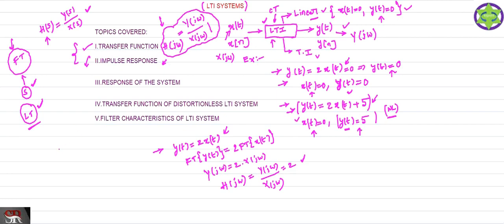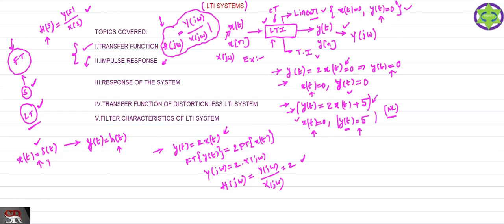So what is impulse response? I already told you what is impulse response. If your input is x of t equal to delta of t, if you give an impulse input, the output produced by the system, that is your LTI system, is nothing but what? The impulse response, which is denoted by h of t. For the impulse input, the response is called the impulse response. Simple. What is impulse response? The response of the LTI system for the impulse input.